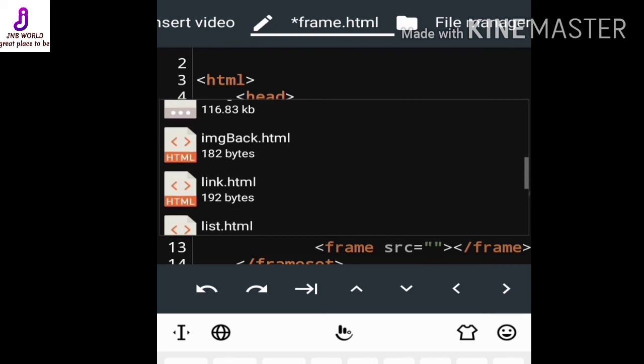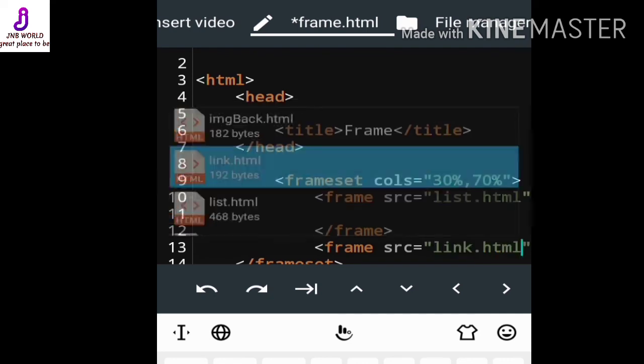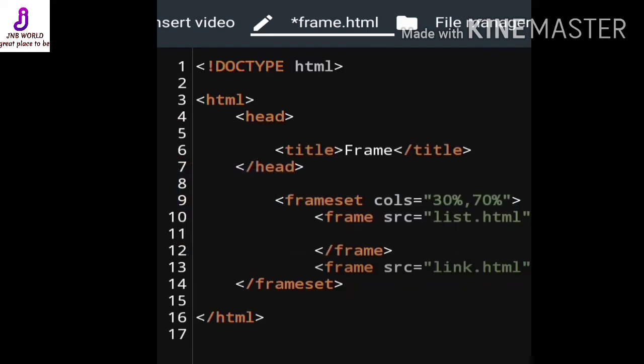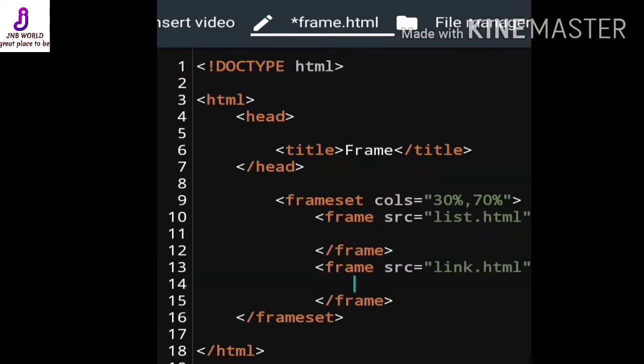Say for example link. After this, see here, this is our frame, and we divided the frame into two percentages, 30% and 70%. In the 30% part we use list.html, and in the 70% part we use link.html. If I divide it into 3 parts, then we have to use 3 HTML documents.